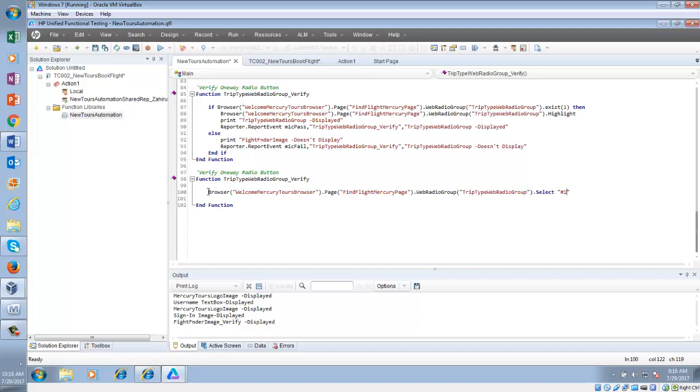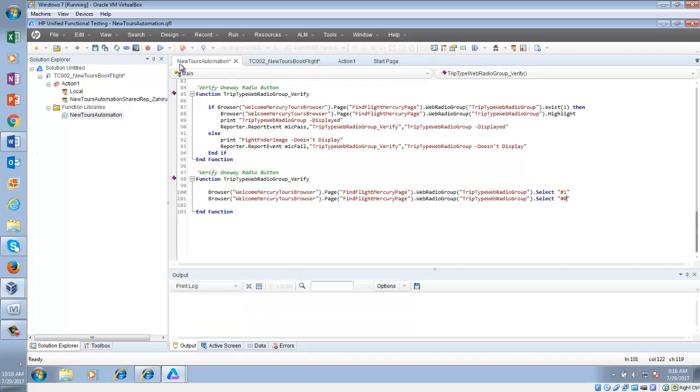I'll show you how this works. If you have two radio items in a radio group, the first item is 0 and the second item is 1. Now if I execute it, right?